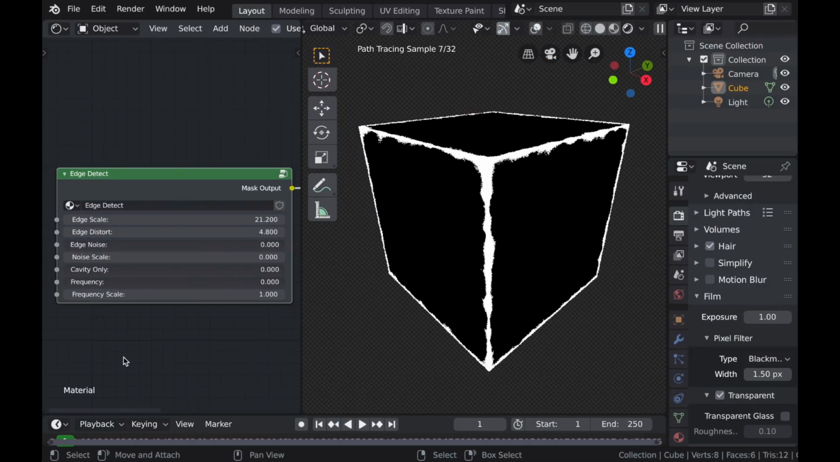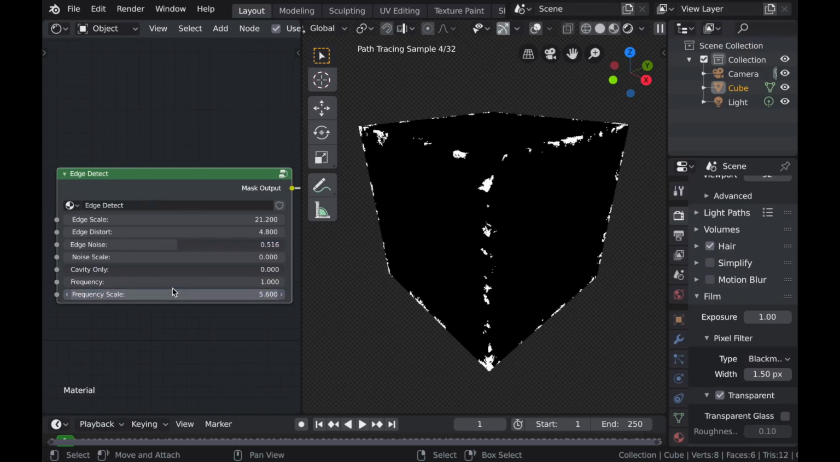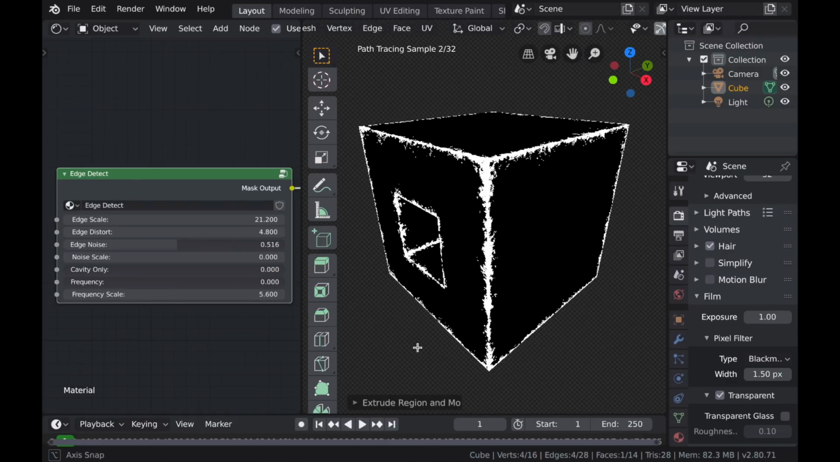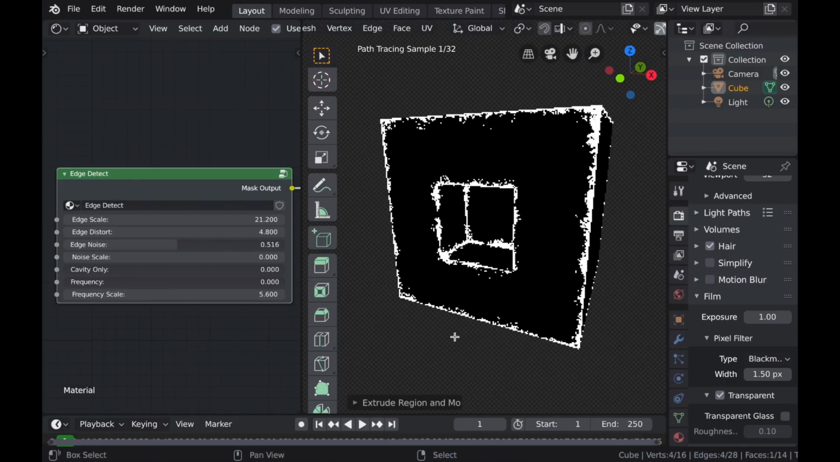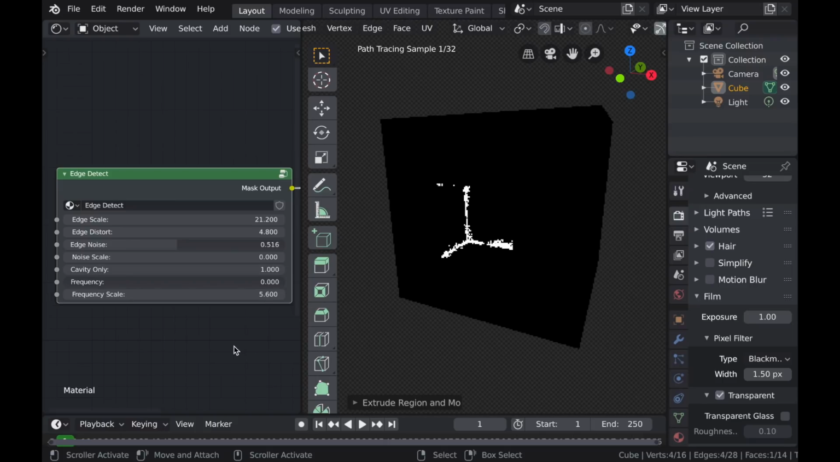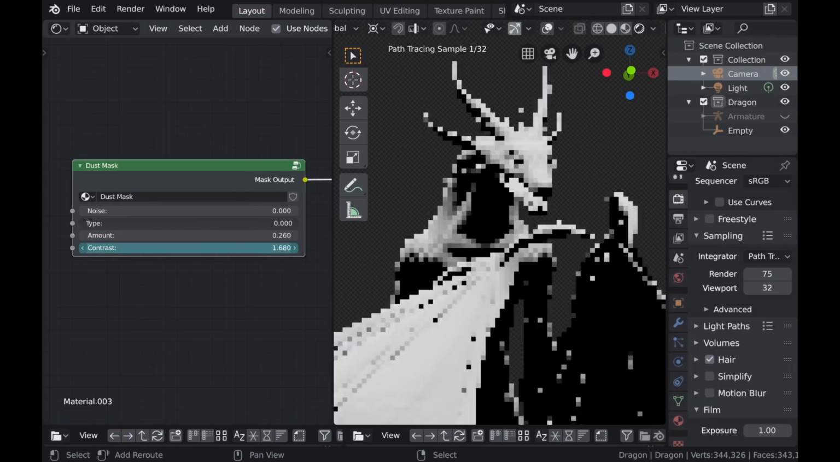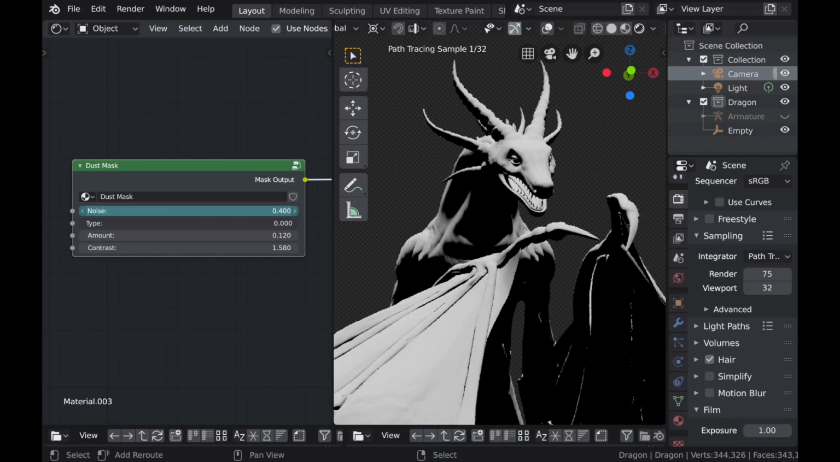The Edge Detect node, for instance, can create this cool edge wear effect, but it can also be used as a cavity mask. If we extrude one of these faces in and then use the cavity only slider, now we can turn off that effect on the geometry on the outside, and it will only affect those areas that are inset. Another great example is the dust mask, which can be used to create this dust effect naturally, or the